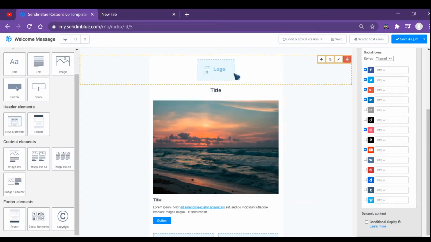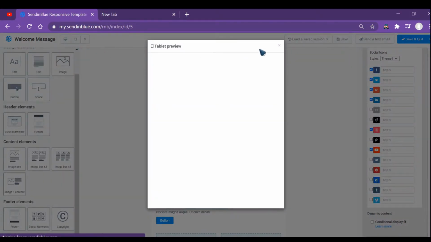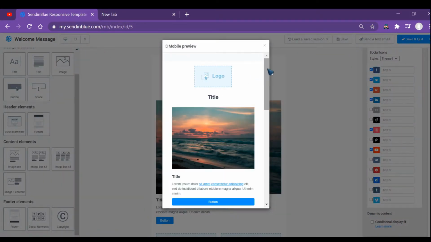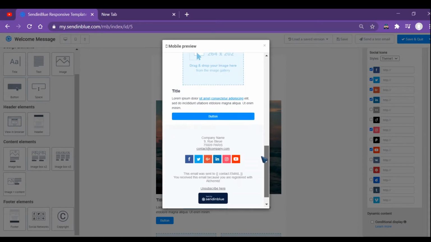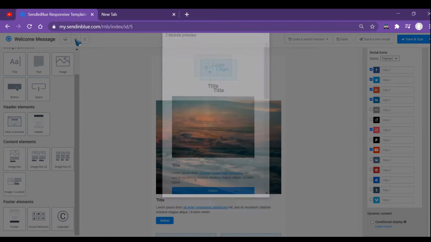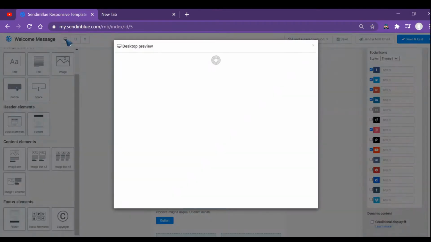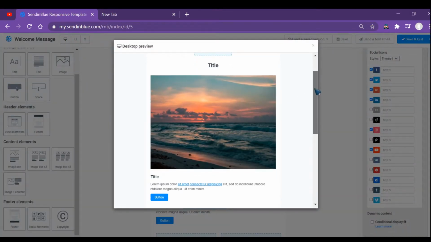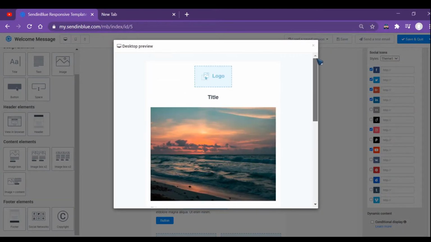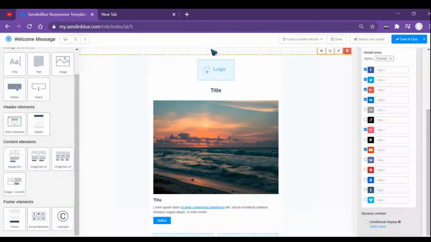And also if you want to check the resolution of your email campaign on different smartphones or computers: on mobile, it will be like this. In a Windows computer or Chrome browser or any browser, it will look like this. It's a pretty simple and decent thing.